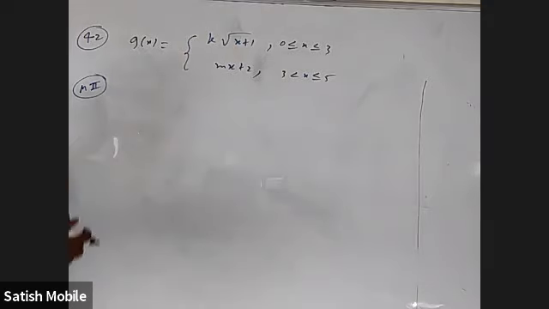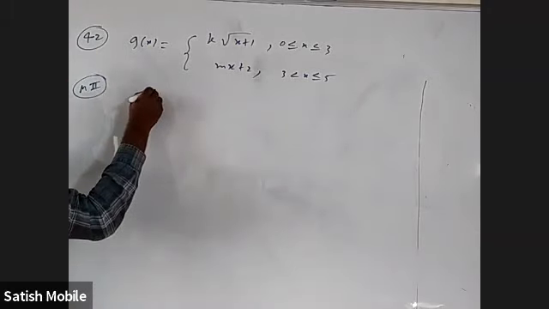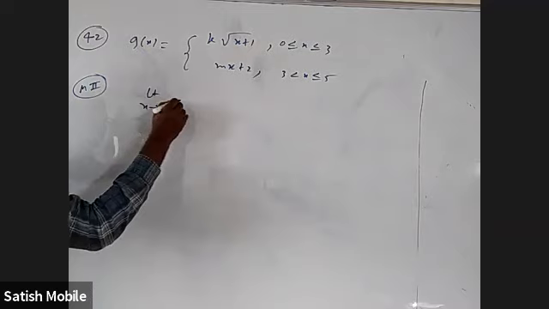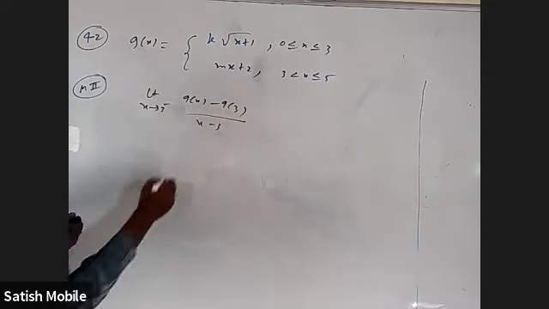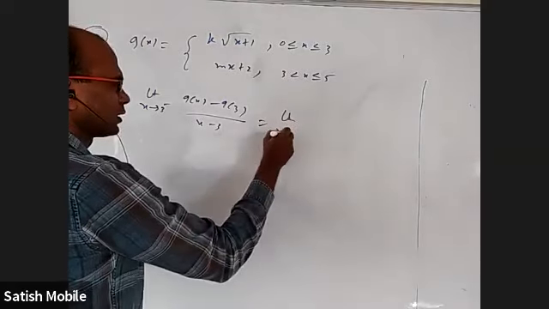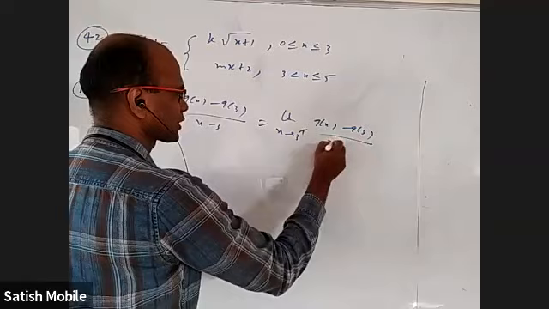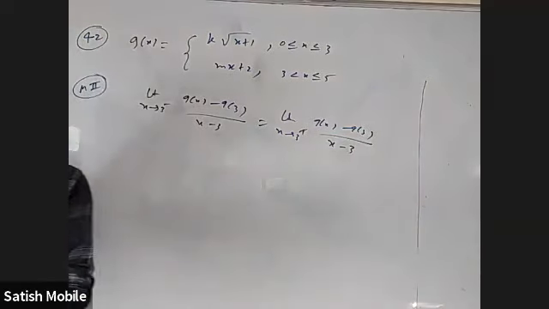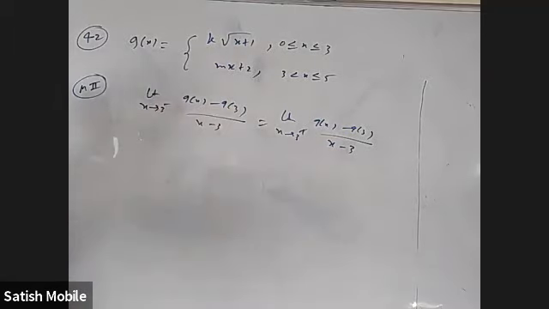Okay. Actually, I wanted to do this in a proper way. Really find the left hand derivative and right hand derivative, they should be equal. That's all. So limit x tends to 3 minus g of x minus g of 3 by x minus 3 should be the same as limit x tends to 3 plus g of x minus g of 3 by x minus 3. If you want it to be differentiable at 3, the right hand derivative in this proper manner and the left hand derivative should be equal.